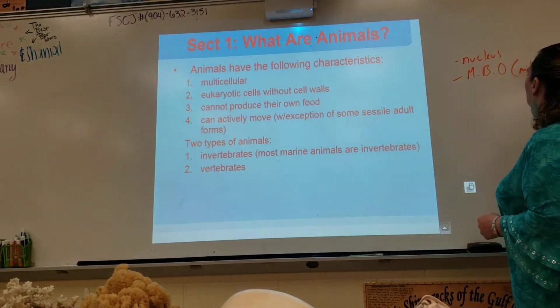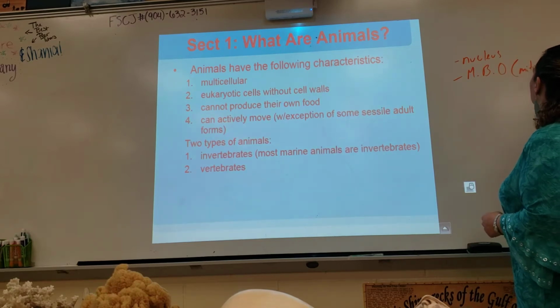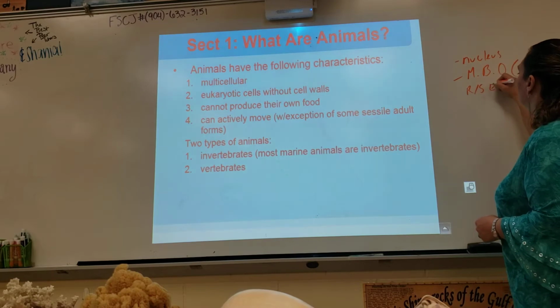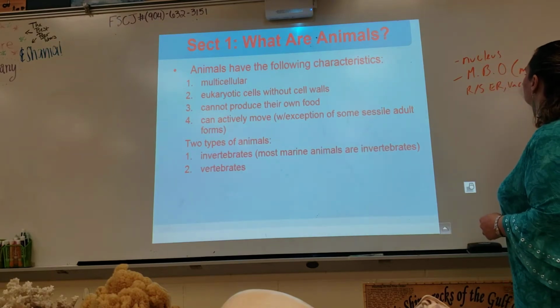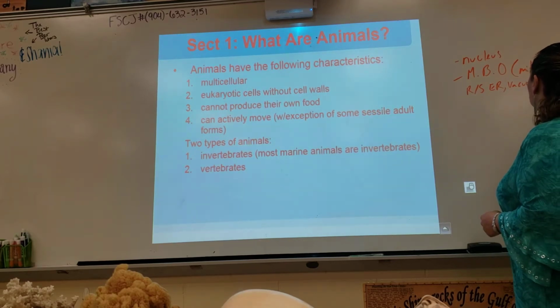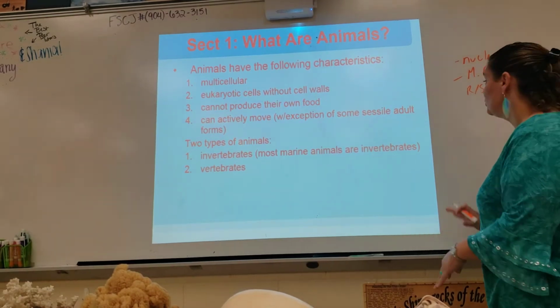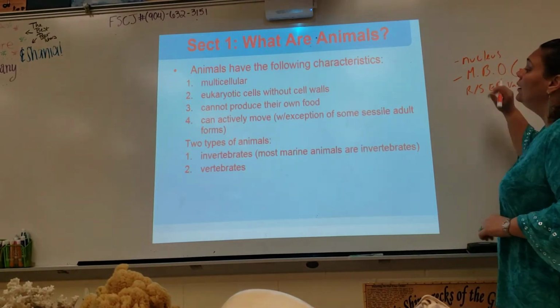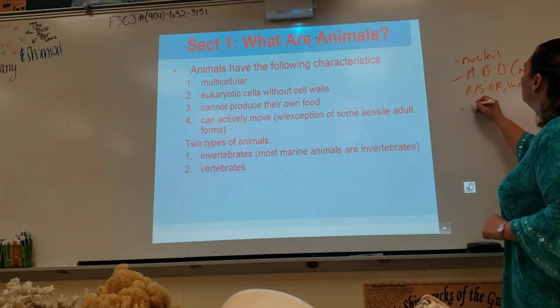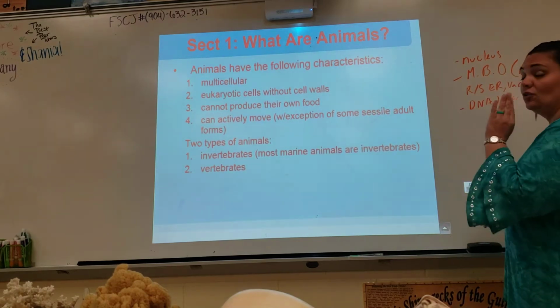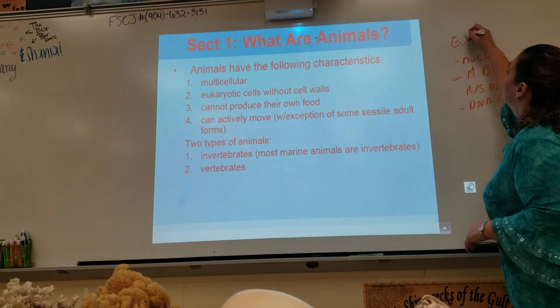That means mitochondria, the rough and smooth ER, vacuoles, lysosomes. That's what we're talking about here. No chloroplasts, remember, because chloroplasts are for plants. We're talking about animals. Their DNA is linear, well, our DNA is linear, right? These are all characteristics of eukaryotes,